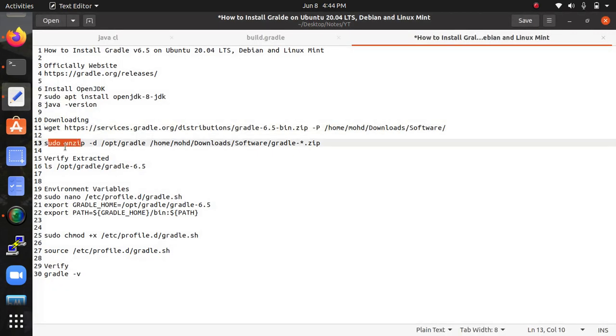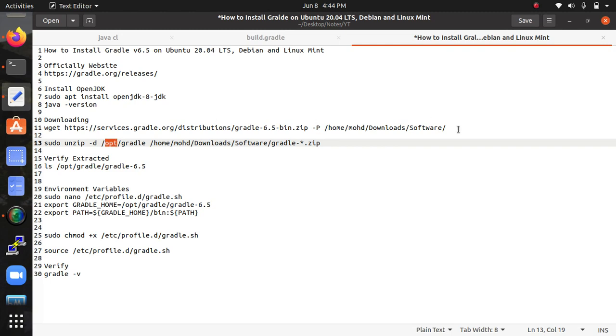This is the unzip command. You can use sudo here: sudo unzip into the opt Gradle folder. The Gradle is downloaded into that software folder, and we are extracting Gradle inside the opt directory.